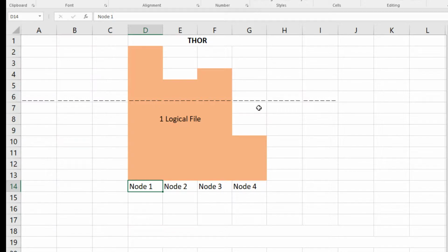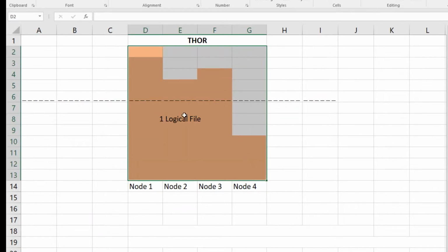So the data itself, which can be petabytes, is sprayed or distributed as evenly as possible over the nodes. The example you see here is an example of something that isn't distributed well. You'd hope to get within a couple of percent usually. When executing locally, you generate intermediate results, which you can then aggregate to generate a final result. There's nothing to stop you running globally over the entire data set, the single logical file here, but if you're doing that, you're not really using HPCC